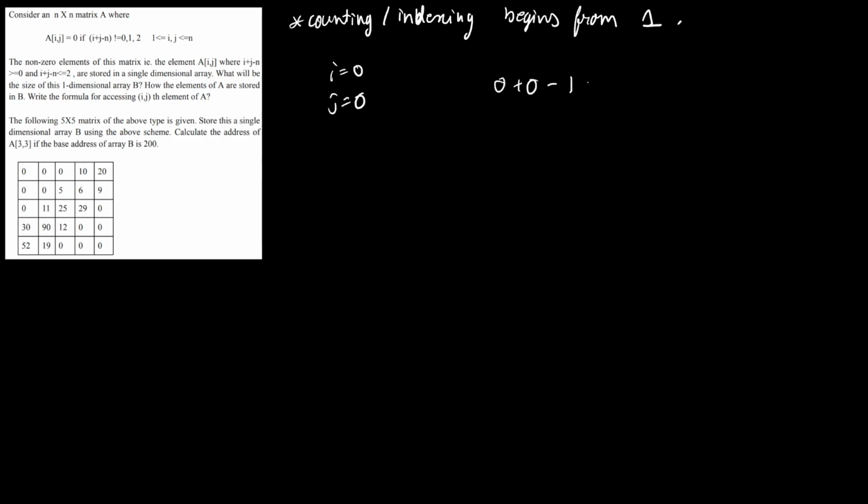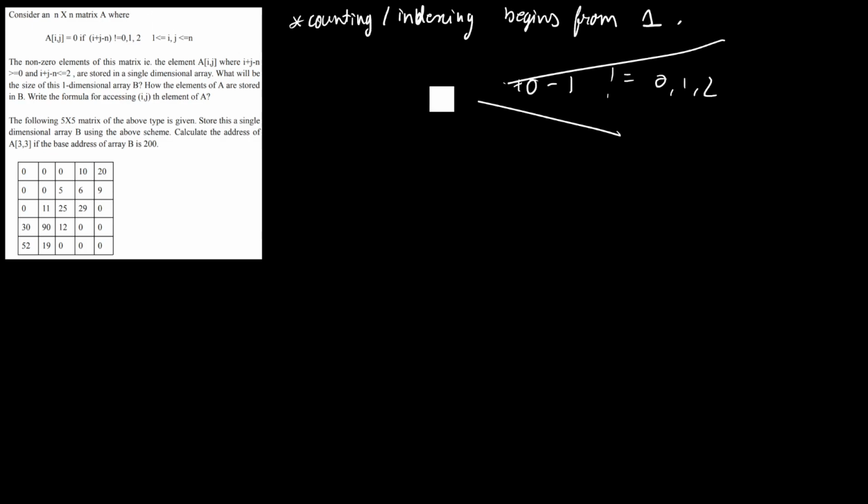So first thing you have to notice is counting, or indexing. It does not begin from 0, it begins from 1. So if you're thinking that I equals 0, j equals 0, and 0 plus 0 minus something that is not equal to 0, 1 or 2, you need to forget that. So moving forward,